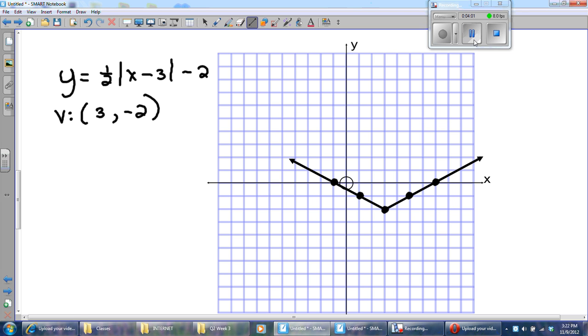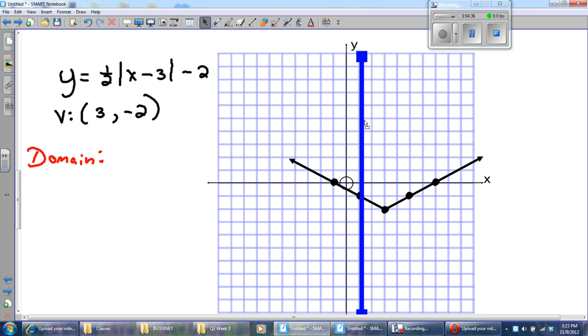Now, I need to know what my domain and range are. And remember, the domain are the x values. They're the input. They're what x is allowed to be. Well, a good way to test for domain is to get a vertical line that is not actually part of the graph, and ask myself what numbers x can be. And if I move this vertical line along here,